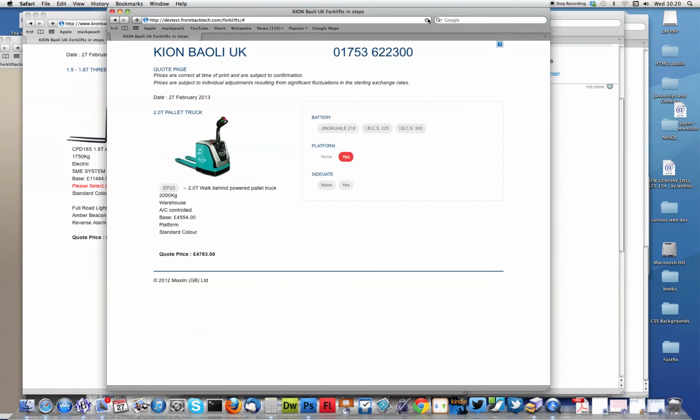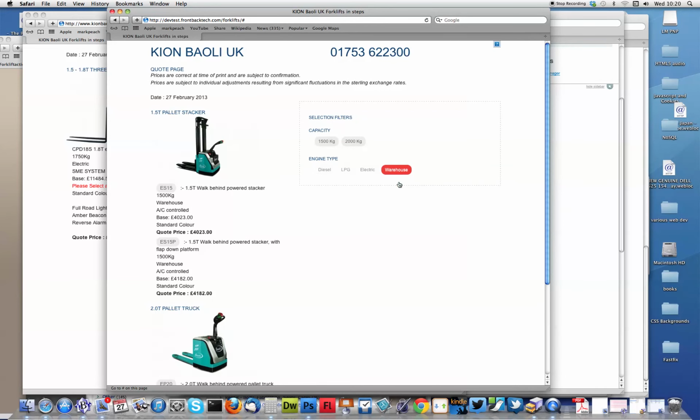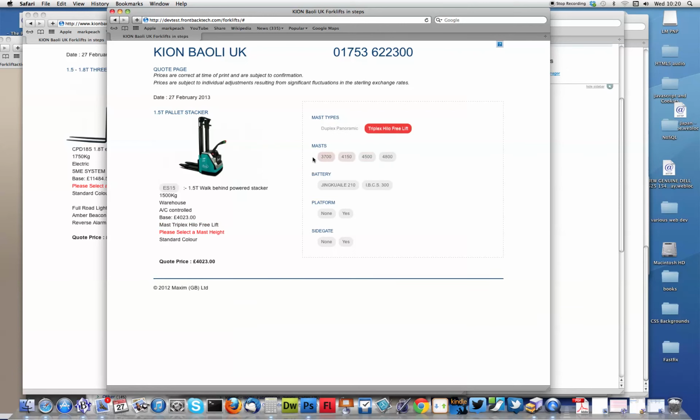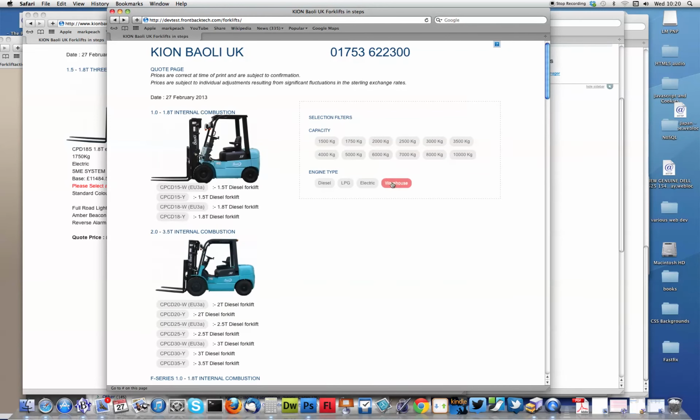So if I go back to warehouse, they have a stacker here, and again this has an actual mast in front. So we have a choice of mast sizes, and then we have batteries. And this only has a choice of 2 batteries,